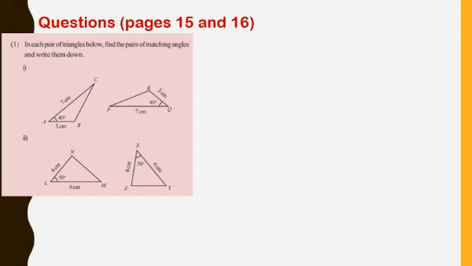In the given triangles, we know two sides and an angle in between. First, let us write the things given in the question. That is, we know two equal sides. Let us write it first. Side AB equal to QR equal to 3 centimeters. Next side AC equal to PQ equal to 7 centimeters. And we know one angle, that is angle A equal to angle Q equal to 40 degree. These are given in the question.